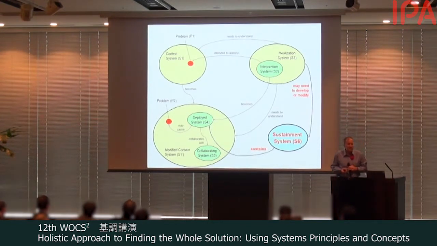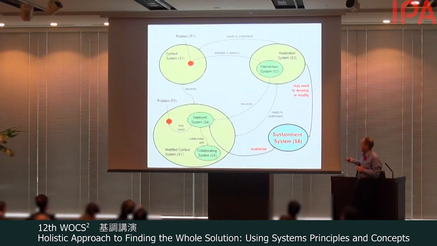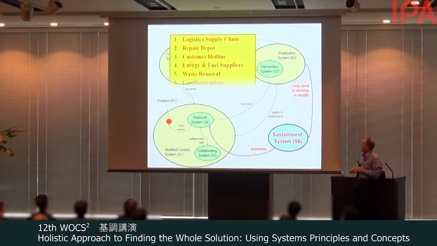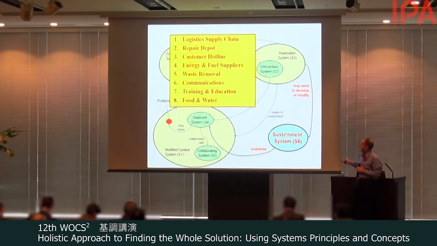Also, my deployed systems need help and need sustainment. They need to be maintained, they need to be repaired. There are people who are operating them, who need help to operate them, and they need to call technical support and say, how do I do this? They may need a resupply of batteries, they may need a refresh of technology. So there is a sustainment system to sustain it. So here are the different kinds of sustainment systems you might need to consider that the deployed system depends upon.